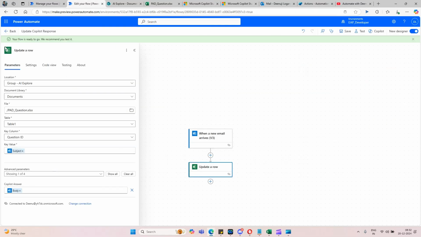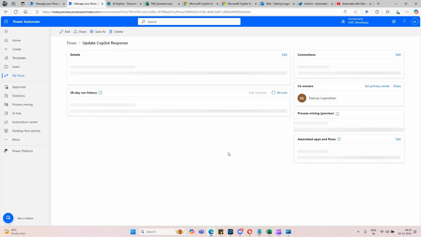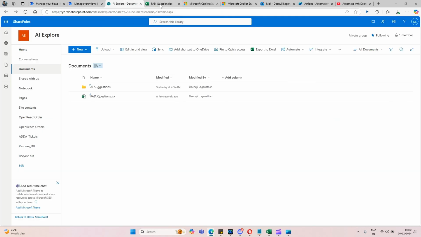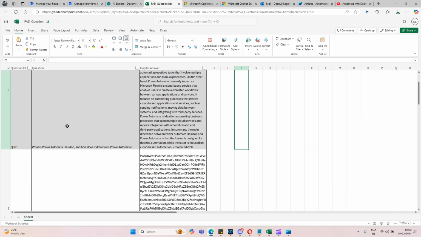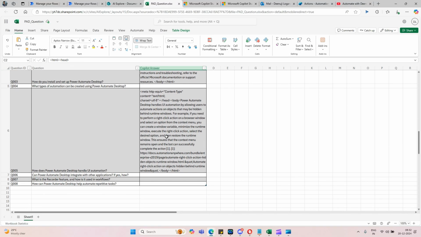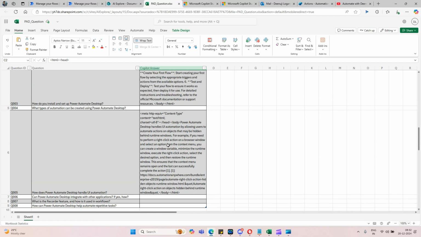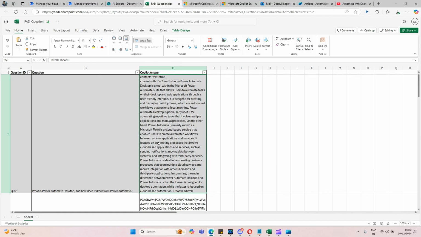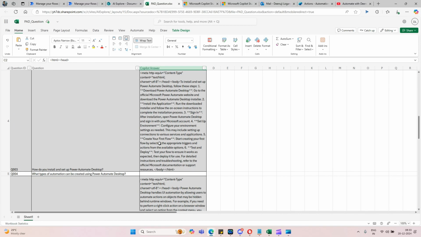Okay, let's check that. Okay, this shows all succeeded. Let's open. Okay, fine. So, what is Power Automate Desktop? How does it differ from Power Automate? You can see the answer here. Power Automate Desktop is a tool within Power Automate, and you can see the remaining questions and answers updated right now. Okay, I hope this is helpful for you to try to invoke the Copilot agent from Power Automate,